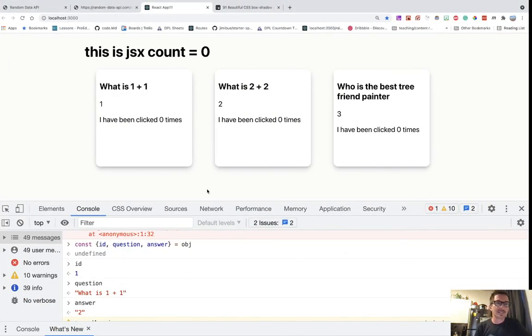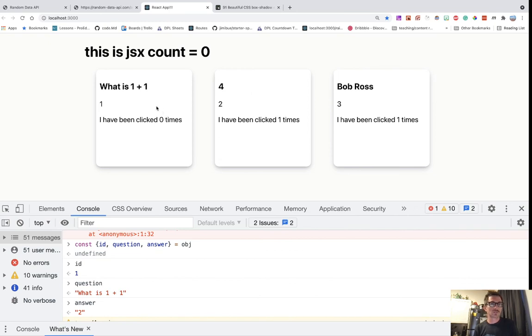So I have my ID, 1, 2, 3. Those are my IDs of the card. And there I have my question. What is 1 plus 1? What is 2 plus 2? Who is the best tree friend painter? And then I can click on this, and then it shows the answer. What is 2 plus 2? Well, that's 4. What is 1 plus 1? That's 2. Boom. And just like that, we've made a flashcard assignment